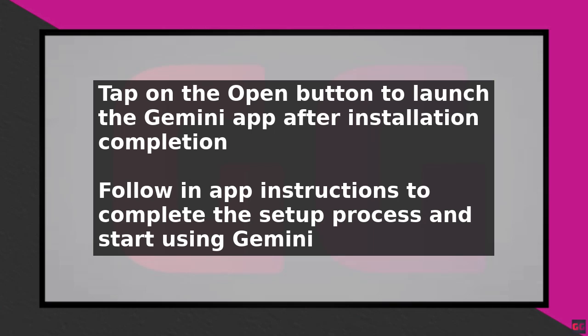It is essential to only download apps from the Google Play Store to ensure that you are getting a safe and authentic version of the app. Additionally, always review the permissions that an app requires before downloading it to ensure that you are comfortable with the level of access it has to your device and personal data.